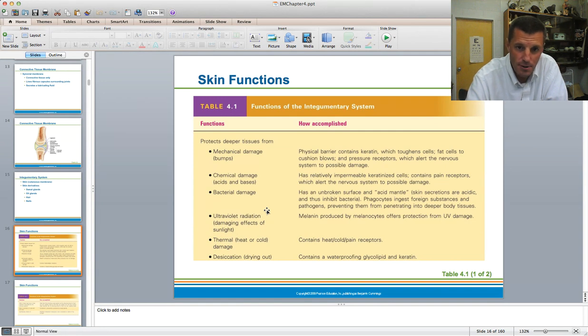Mechanical damage is just that, an actual injury by contact of some kind, and that happens all the time. You know, we have bumps and scrapes and things of that nature. Okay, then chemical damage